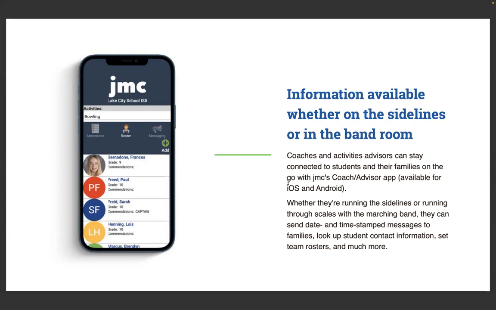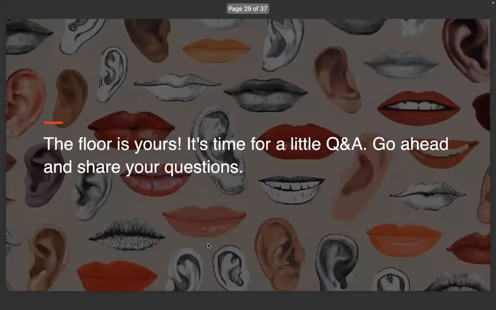Well, this allows them to see information about their students, contact their students, see the students' attendance, which is really helpful as well. It means that it will show them which kids are absent from their activity that day, in case the student shows up and says, oh, hey, I'm here to practice. Well, you didn't go to school today, you can't practice. It puts the information in their hands, so that the office doesn't have to keep reminding them that information there as well. I'll see if anybody has any questions as I talk a little more about this,